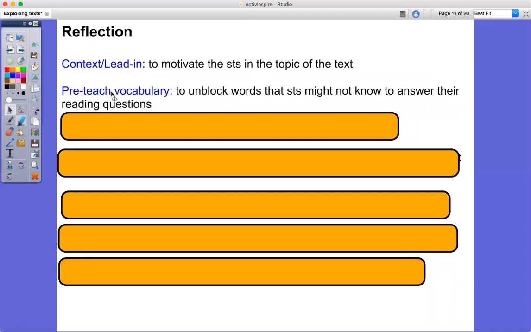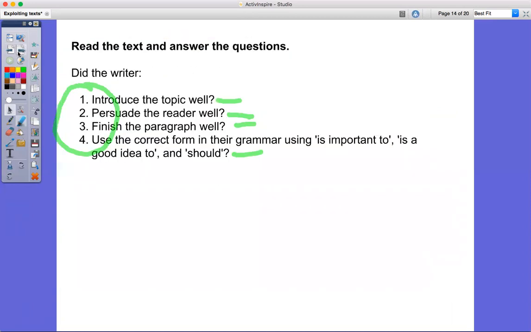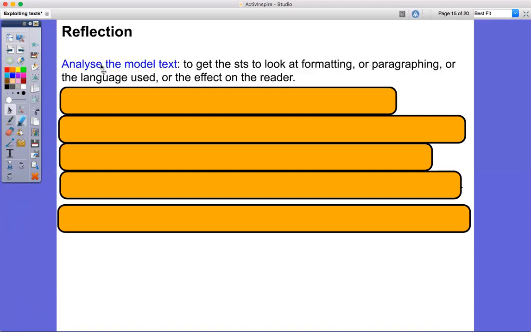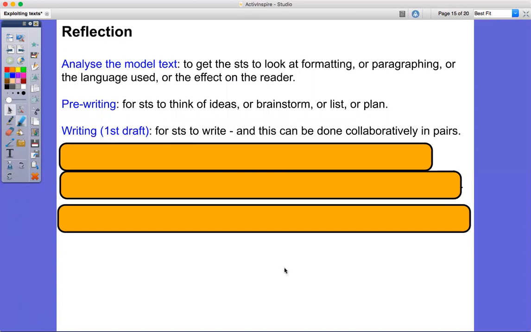Then pre-teach vocabulary with the stage aim. Just reading. Okay, then we move to, we analyze the model text. There's the pre-writing stage, the writing,